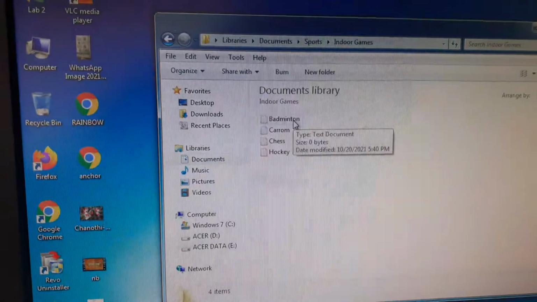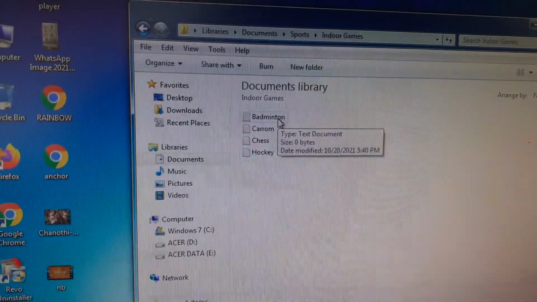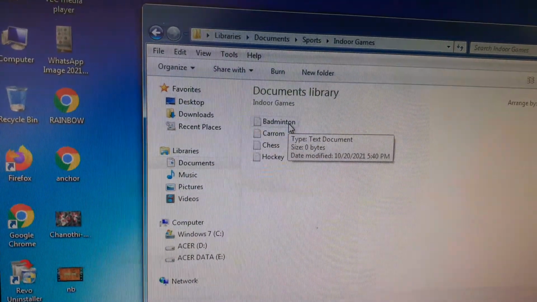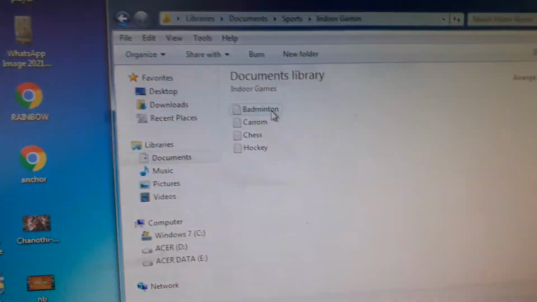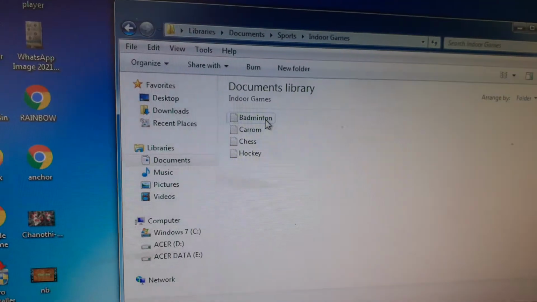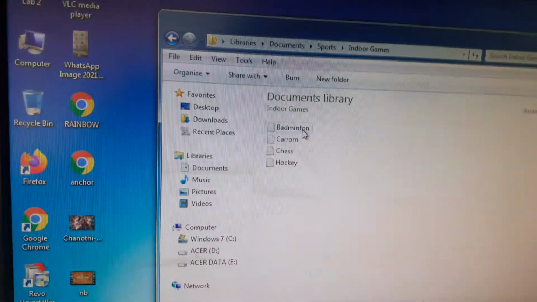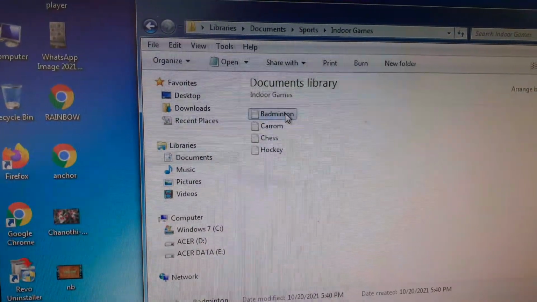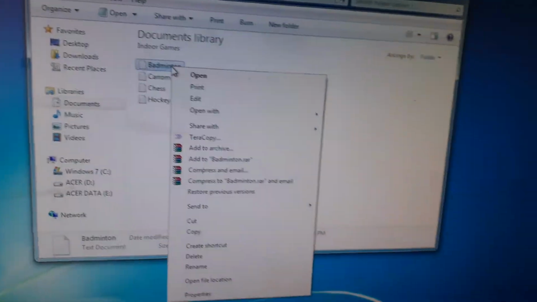Now here in the sports window, click on the indoor games subfolder. Now this is the indoor games window and here the badminton file is there. Now you have to right click on the badminton file in this way, right?